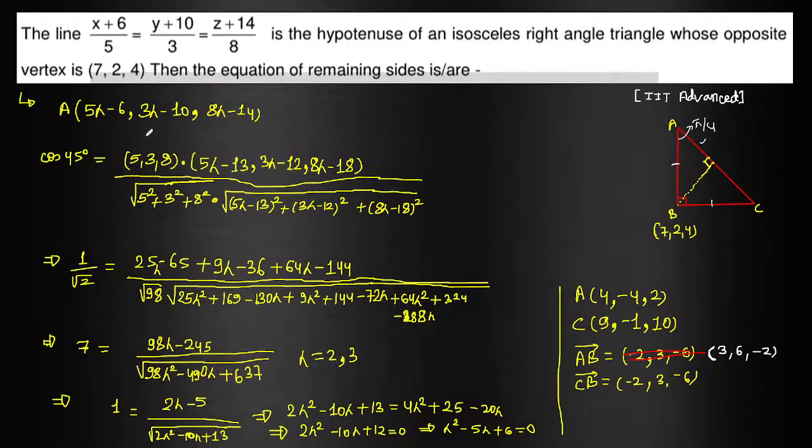So when lambda is 2, A is 4, minus 4, 2, and when lambda is 3, AC is 9, minus 1, 10. So the CB vector is 7 minus 9, 2 plus 1, 4 minus 10. The AB vector is 7 minus 4, 2 minus of minus 4, 4 minus of 2, it is plus 2. Okay,